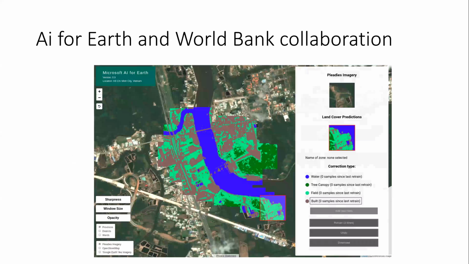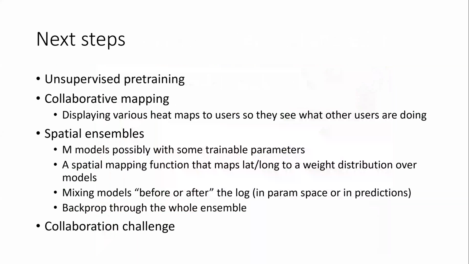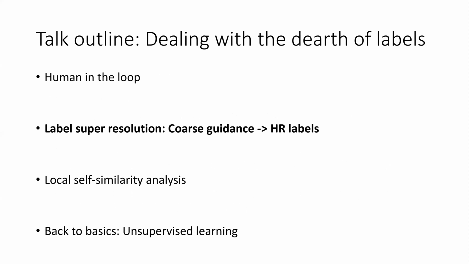So that's one way to avoid this problem of lack of data. And we're working with World Bank on mapping Ho Chi Minh City. Now, the other way of dealing with the dearth of labels is to use labels that are maybe not at